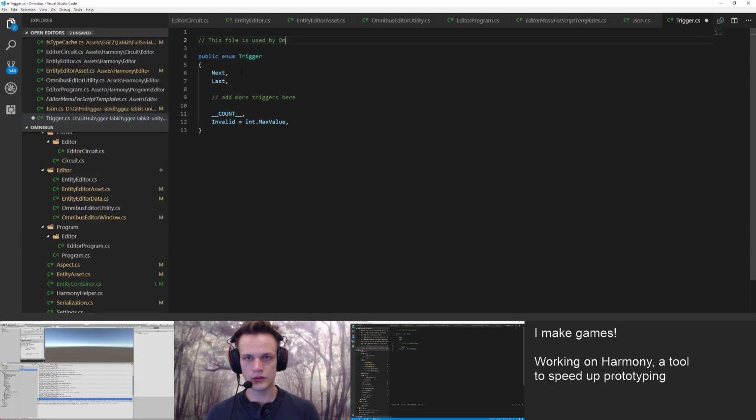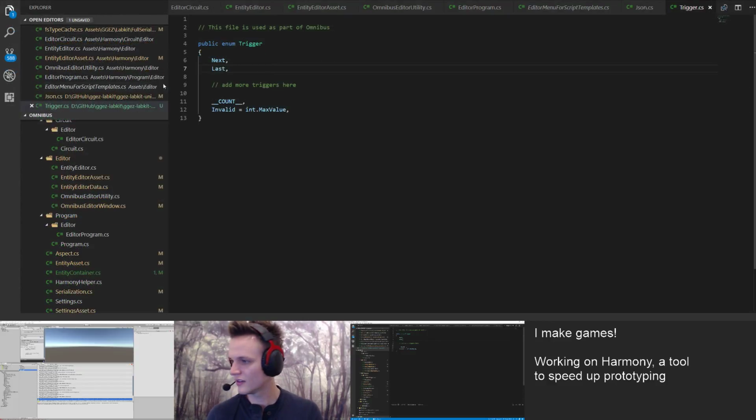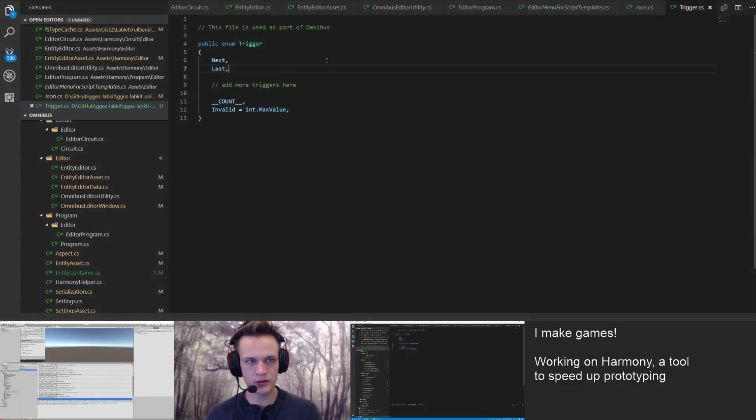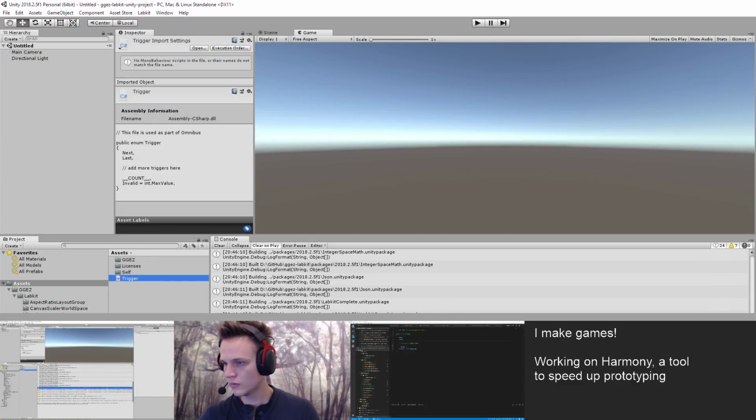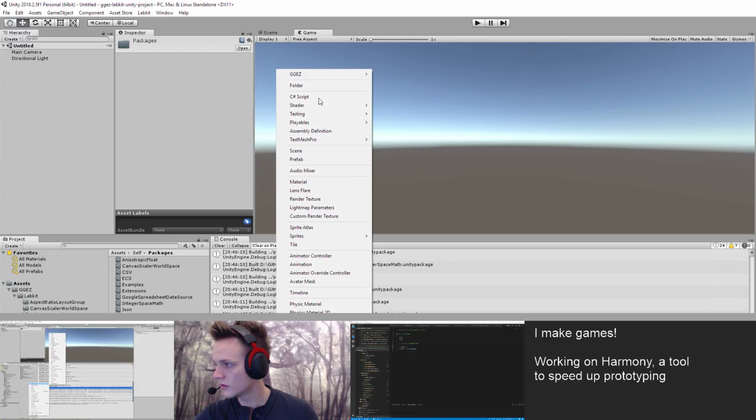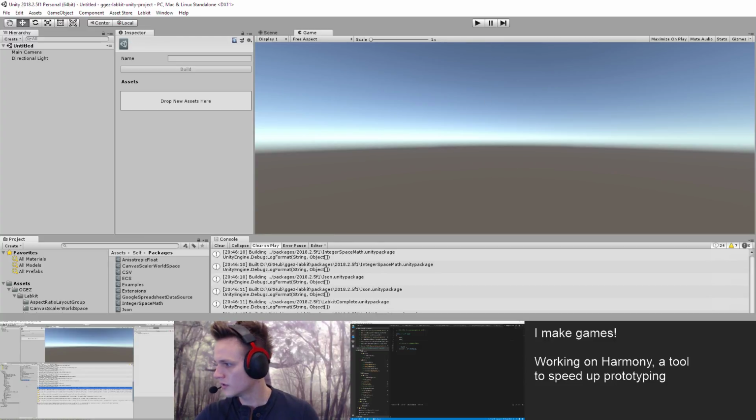is used by Omnibus. Cool. All right, there we go. So now we have this trigger file in the root, and this will build properly. So now I'm going to build a package for it. So it's create GDEZ labkit. That's Omnibus settings, right? Asset package config